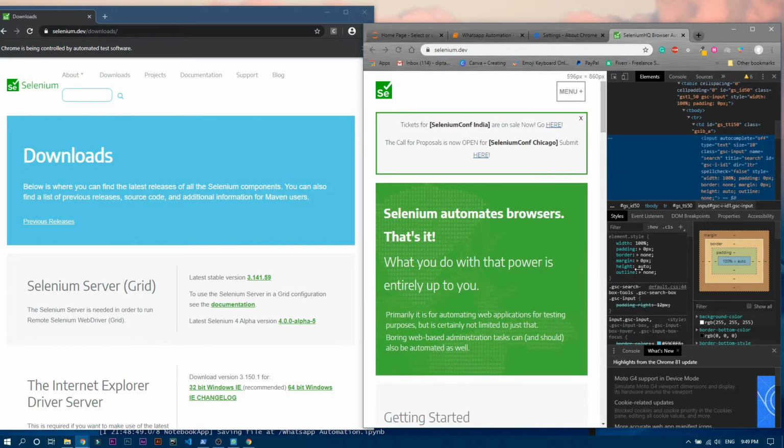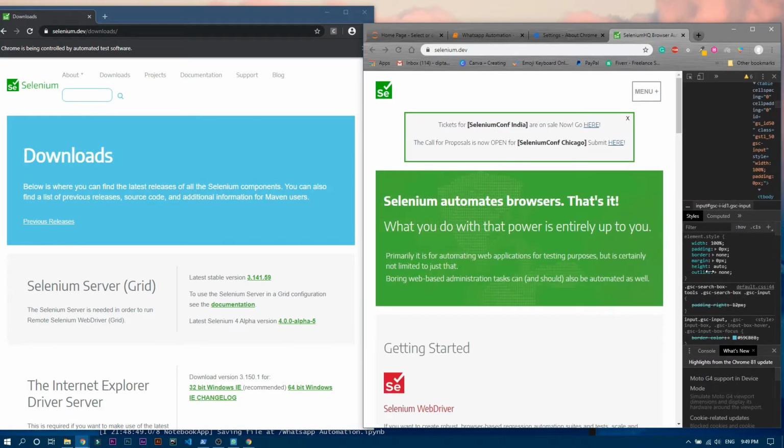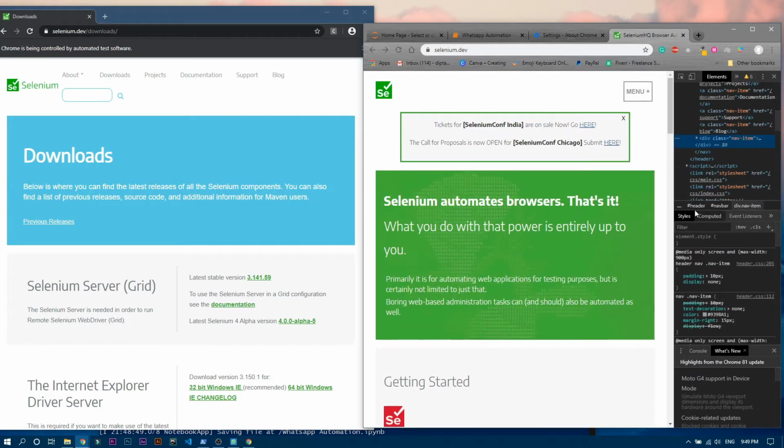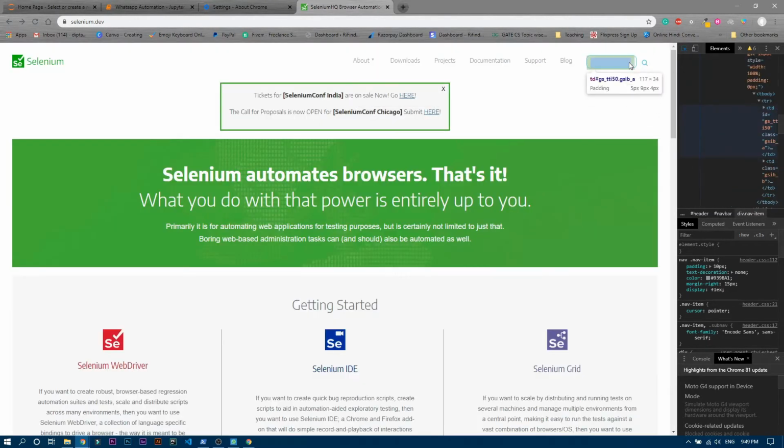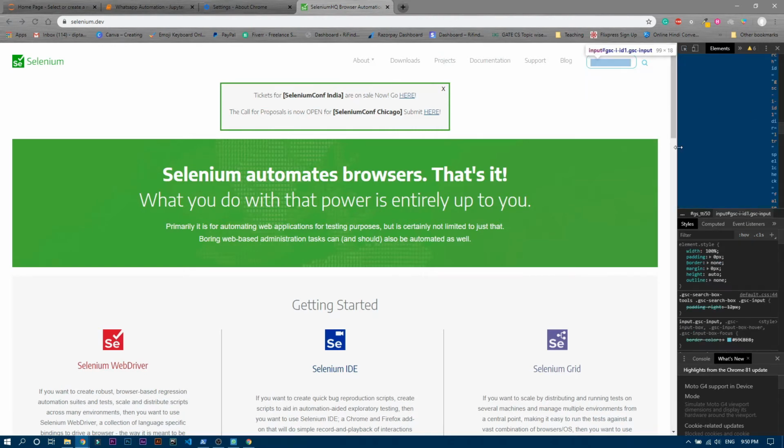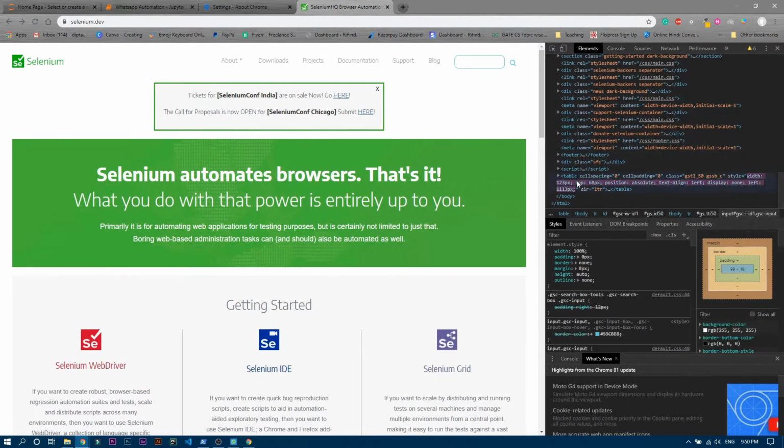Let me decrease the size actually. Okay, actually I need to increase the screen, because you can see that the search box is now gone, all the things are now under this menu option, so we don't want that. So we'll increase the size, and now you can see this mouse option, right? Just click on it and then drag into this particular section. That's it. Now click on it, you will find an ID of that.